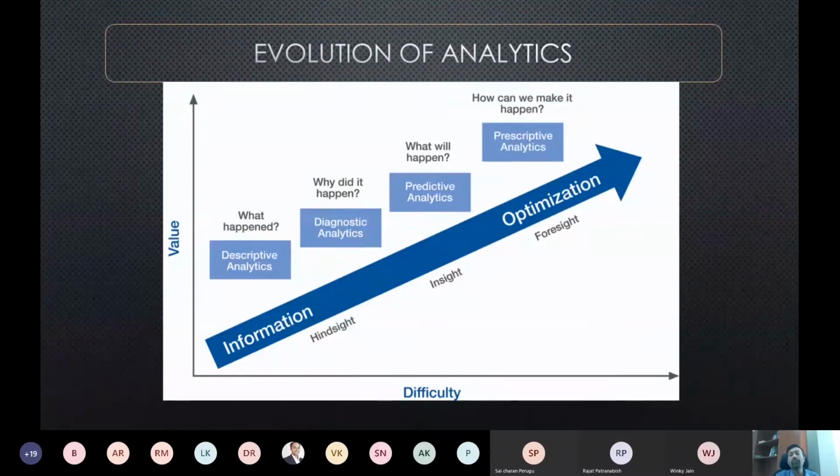And the last one is prescriptive analytics, where we try to address the question, how can we make it happen? So we try to optimize the resources which are available in a healthcare organization. Right? So, as I discussed, what should be the level of PPE kits and ventilators. So these numbers can be optimized. And for optimization, there are a lot of heuristics and metaheuristics. We use those heuristics for optimization purposes.